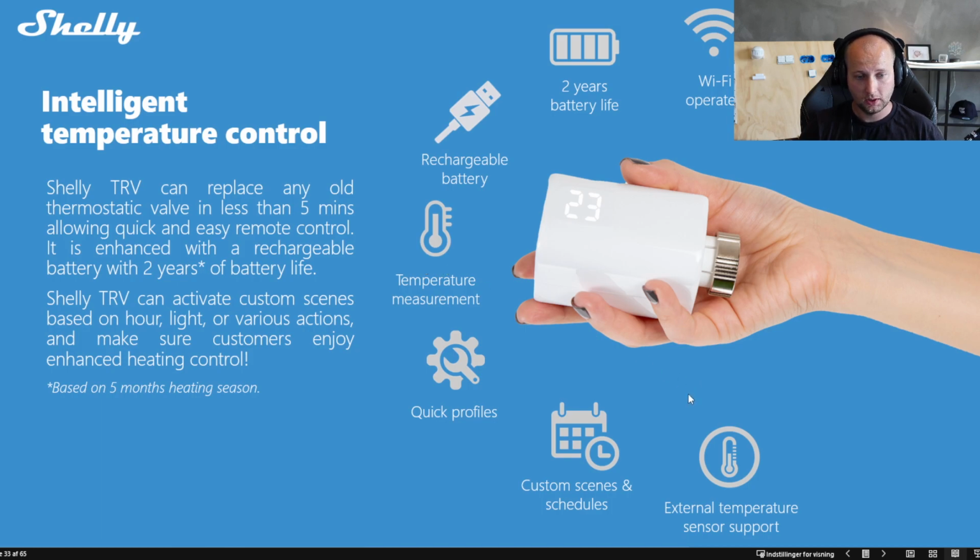But also it supports external temperature sensors. So if you have like a large room, you might want to install another temperature sensor, then you can get the offset of those two measurements and it can heat up your room based on that. You can also purely use the external temperature sensor if you want to do that.